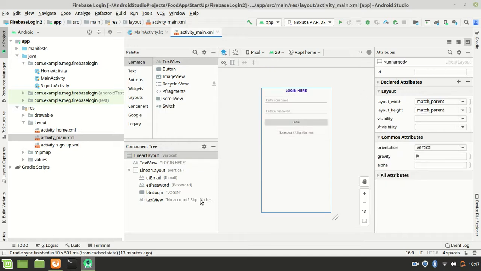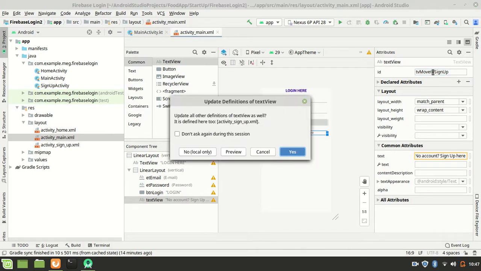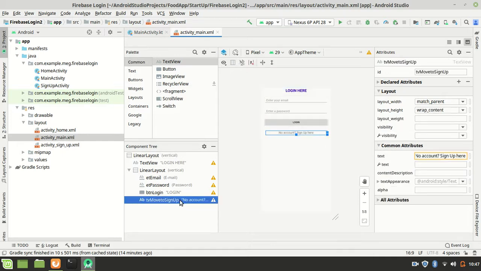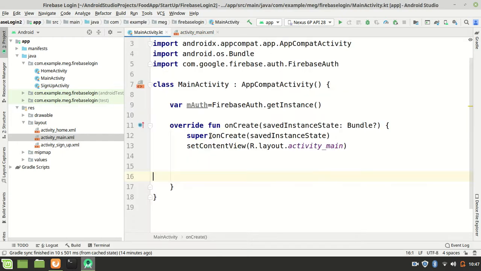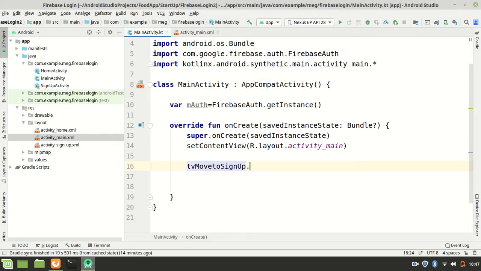So we can just come to our ID, then we can give it TV move to sign up. So you just have your ID there, TV move to sign up. When we come to our main activity, we ensure that we create that. So we can say TV move to sign up, then we say dot,